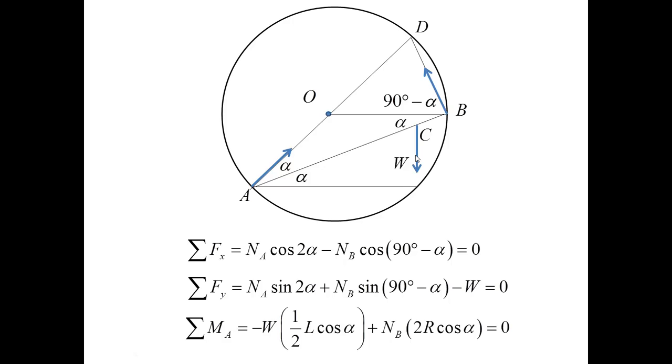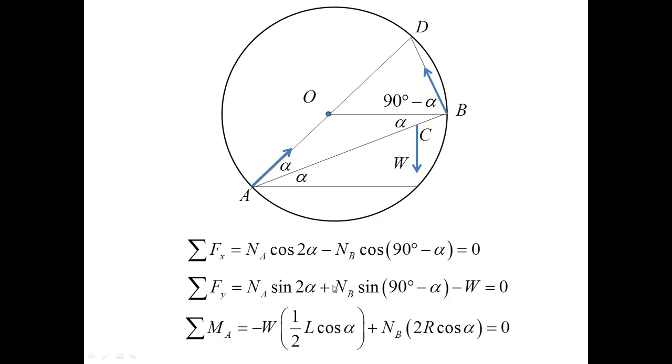Its arm is equal to L/2 projected on the horizontal axis, so that the arm is half L cos alpha. The force NB produces a counterclockwise moment, and its arm is the length of AB, which could be calculated from the triangle ABD as 2R cos alpha. To solve this equation, first I will